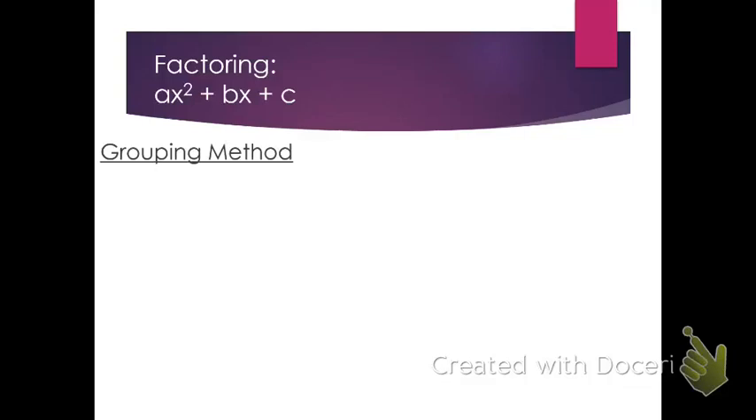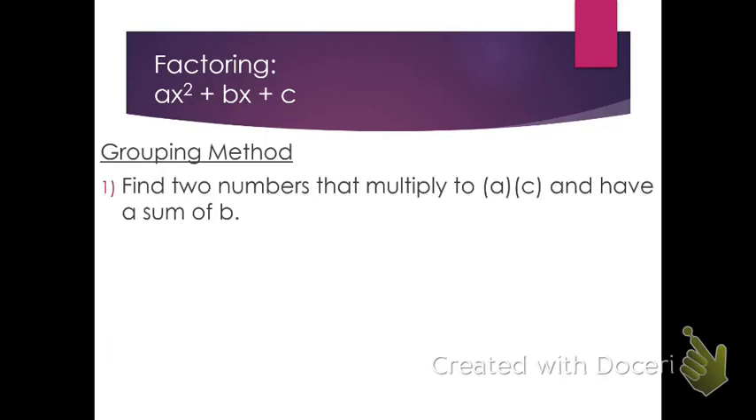Next, we'll be looking at how to factor something of the form ax squared plus bx plus c. We're going to use what's called the grouping method. There are other methods that you might see in later courses, but we're going to start with the grouping method. The first step of the grouping method is to identify the values that you've got plugged in for a, b, and c,